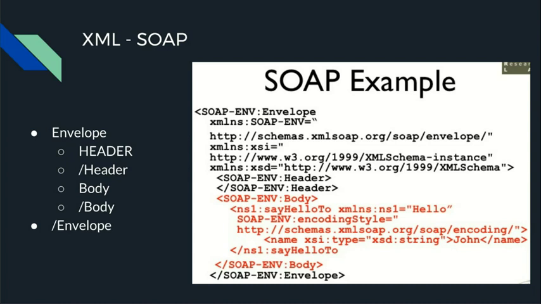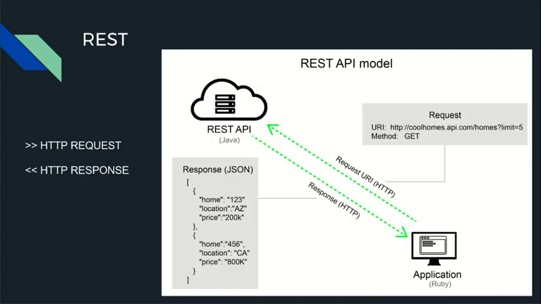So as you can see, it's an XML structure, but it's so complex to handle. About REST, this is an example of a REST request. It uses a normal HTTP request and it handles an HTTP response. In this example, you have an application built with Ruby and a REST API built with Java. So the Ruby application makes an HTTP request to the Java application with method GET. It wants to query data, and the REST API will process this request